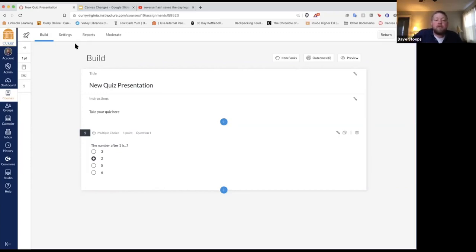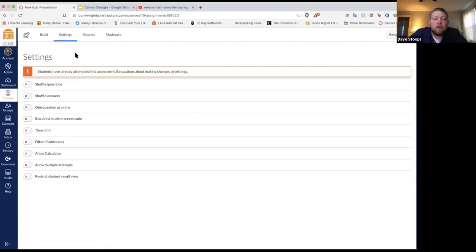One of the biggest changes is that up here in the upper left, Canvas has put all of the options in these 4 menu areas. So build, obviously being where you build your questions and build the quiz. Settings, very similar to old quizzes in that regard, where you had the tabs between the settings and the quiz questions. They just added two more